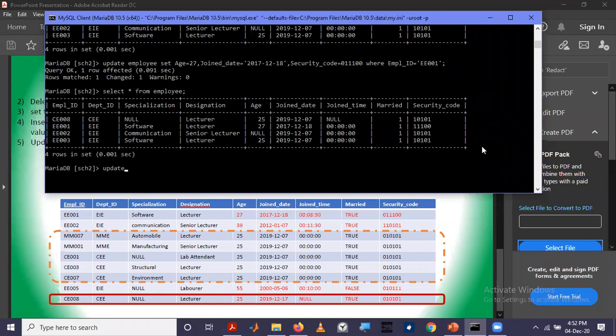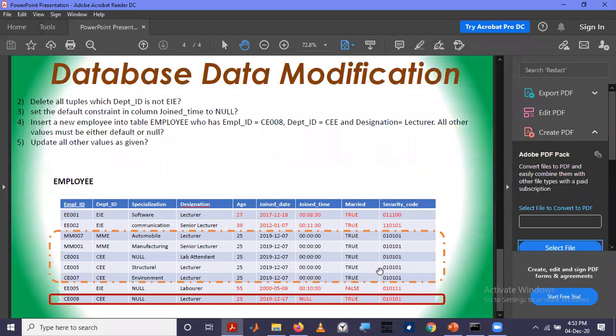So update employee. Now I'm going to update the second row, EE002.